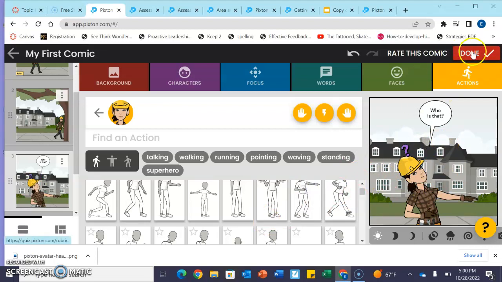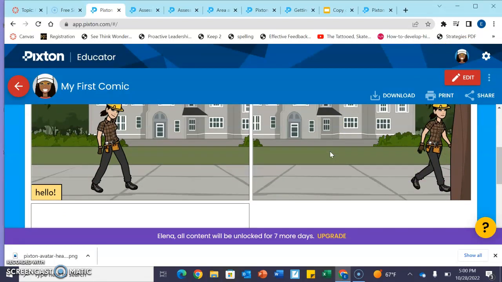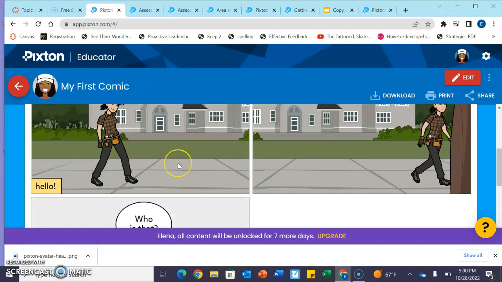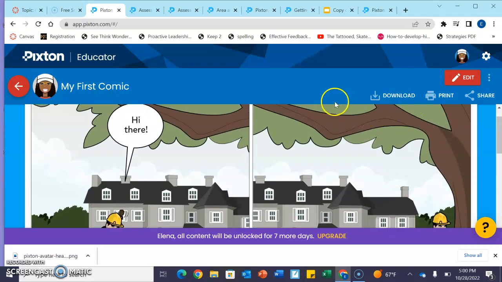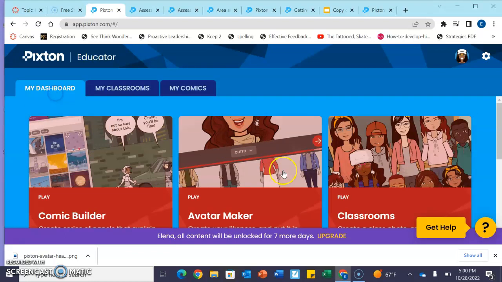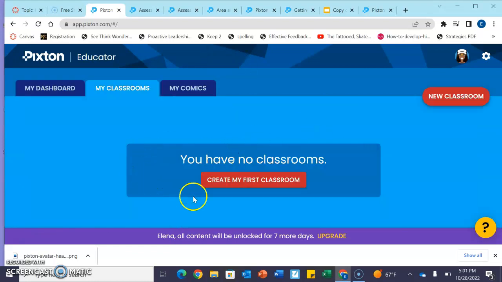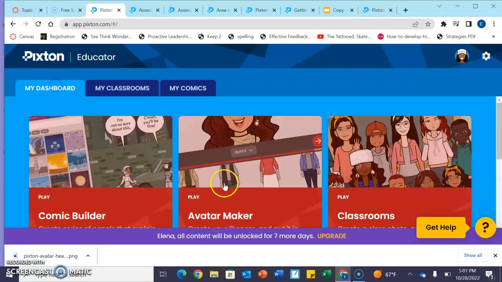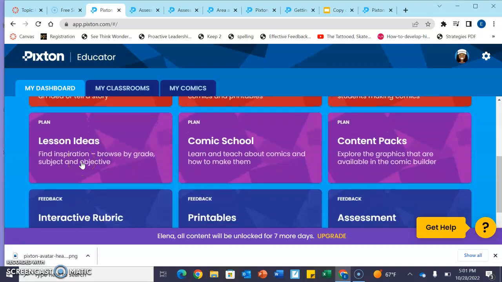All right, so then I just press done and it will ask you to name your comic, but since I've already named mine, I do not need to do that. But then I can see all my comic strips and these can be printed or downloaded. I'm going to go back to my dashboard. You can have your own classroom and have your students join your class, and you can see the comic books that they have created on there. This website also